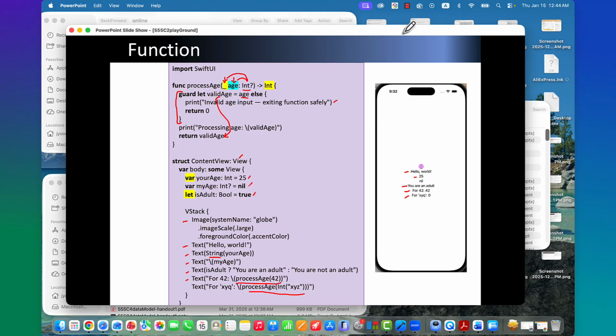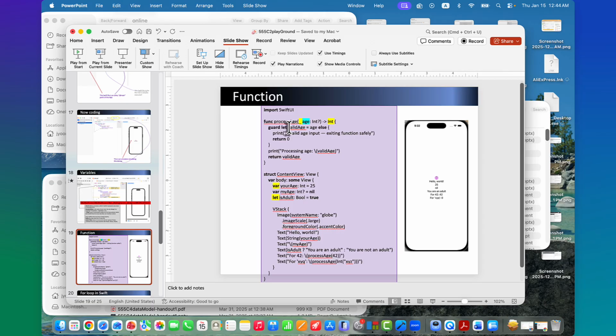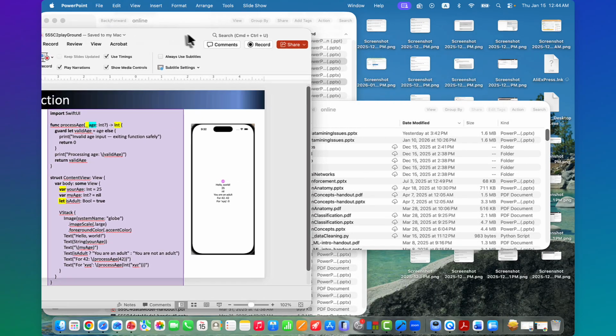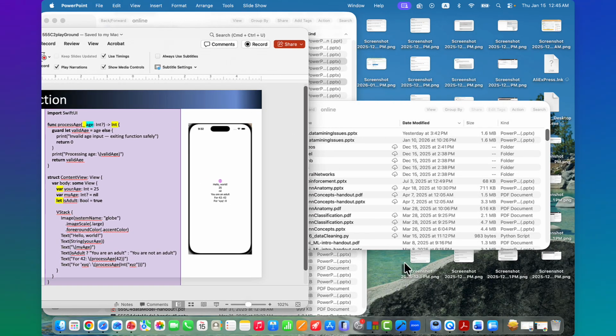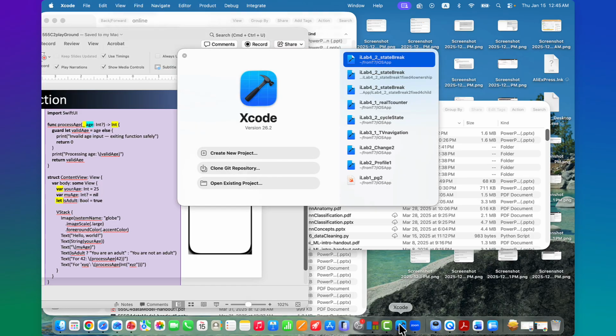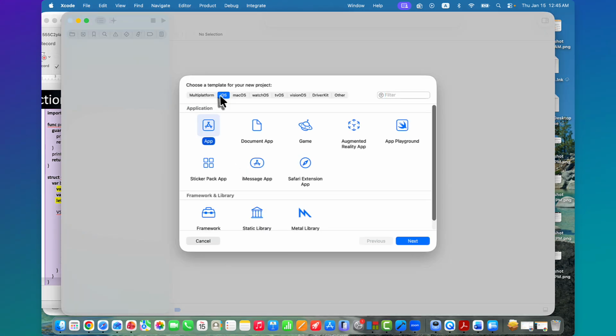All right, how do you need to do this? You need Xcode. Xcode needs to be installed, by the way. So click that Xcode, and then we need to create a new project. Click this. And as I said, iOS needs to be highlighted, and then click this App Playground. Later we will work on app development, but today we'll do App Playground.